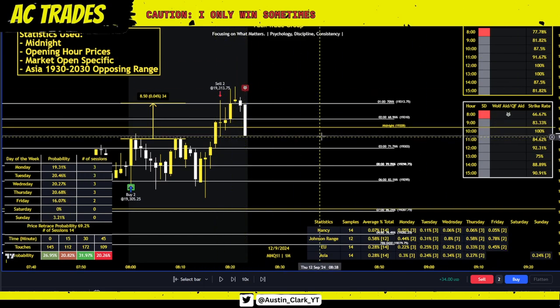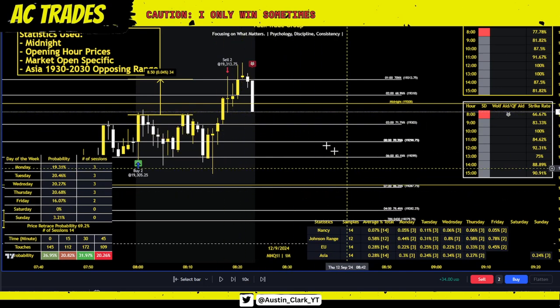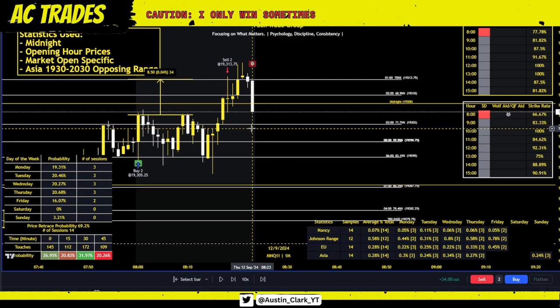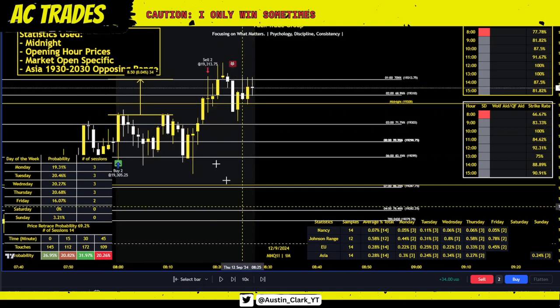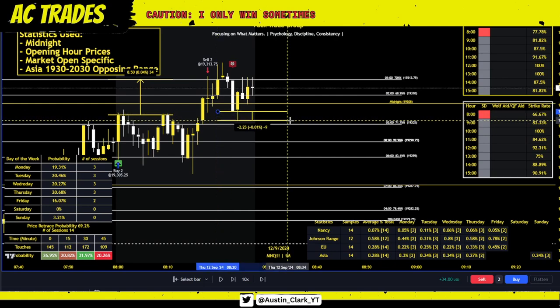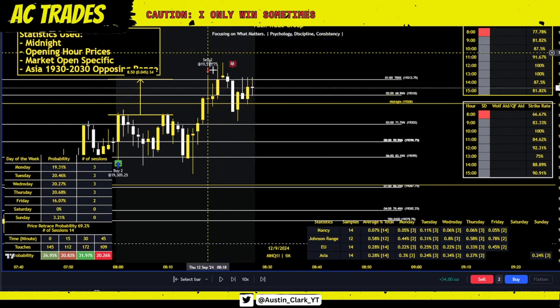We're getting bearish right now, but it's only 66.67. Everything is below price, so I'm not going to take that because it has a lower strike rate. And look at this. I think this even still hits. And I was okay. Oh, no, it doesn't. Okay. And I was okay missing out on this, right? I'm only looking for the highest.